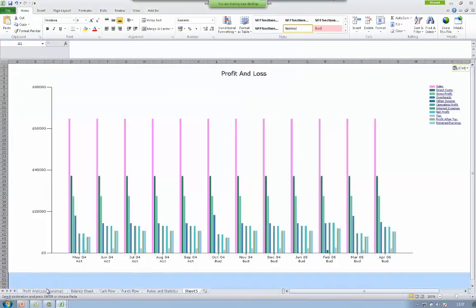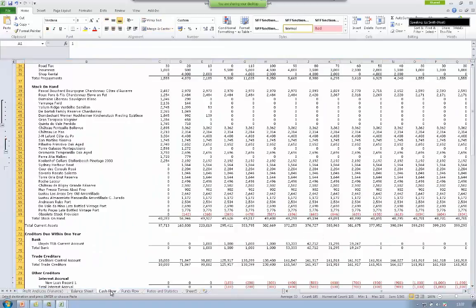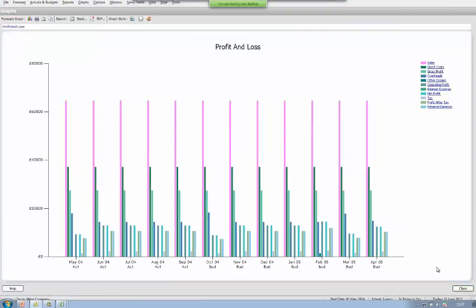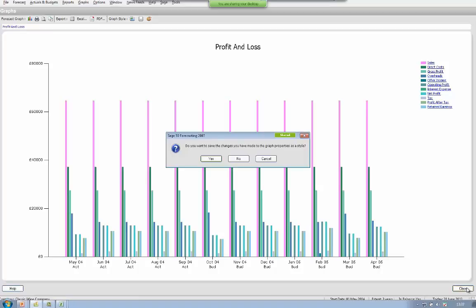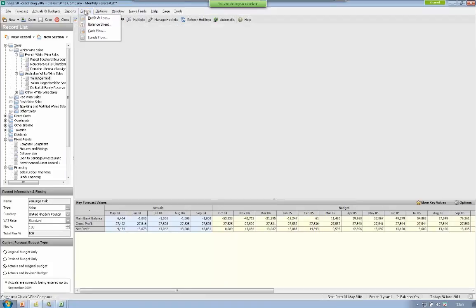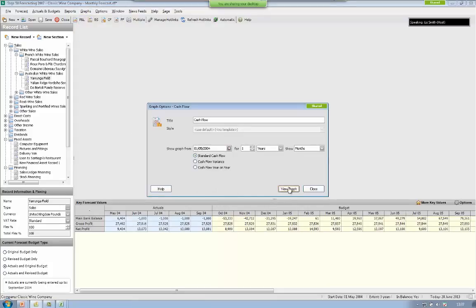So now you have a workbook that not only includes all of your reports, but you've also got your profit and loss graph in there as well. And you can keep on going, so you can get as much detail into that workbook as you require for your scenario. So that's your profit and loss graph. But then you do have graphs also for your balance sheet, for your cash flow, and for your funds flow. So if we look at the cash flow just as another example,